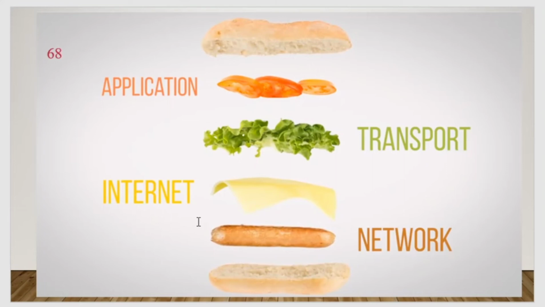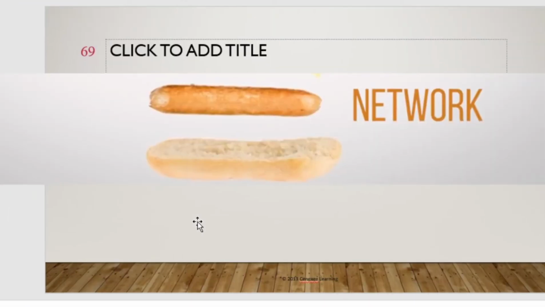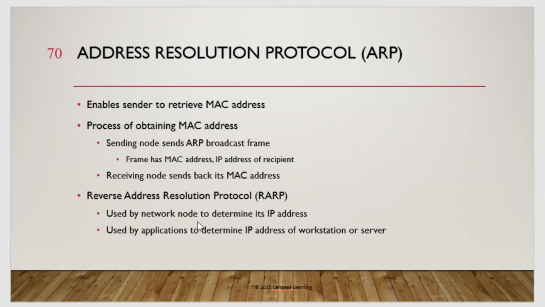Okay, so now that we have explained what is under the application layer, transport layer, and internet layer, the last would be the network layer. How does it work? Under the network layer, we have ARP, or Address Resolution Protocol. It enables the sender to retrieve a MAC address. In the process of obtaining a MAC address, the sending node sends an ARP broadcast frame. So technically, class, ARP, or Address Resolution Protocol, manages the process of how the LLC and the MAC address are assigned